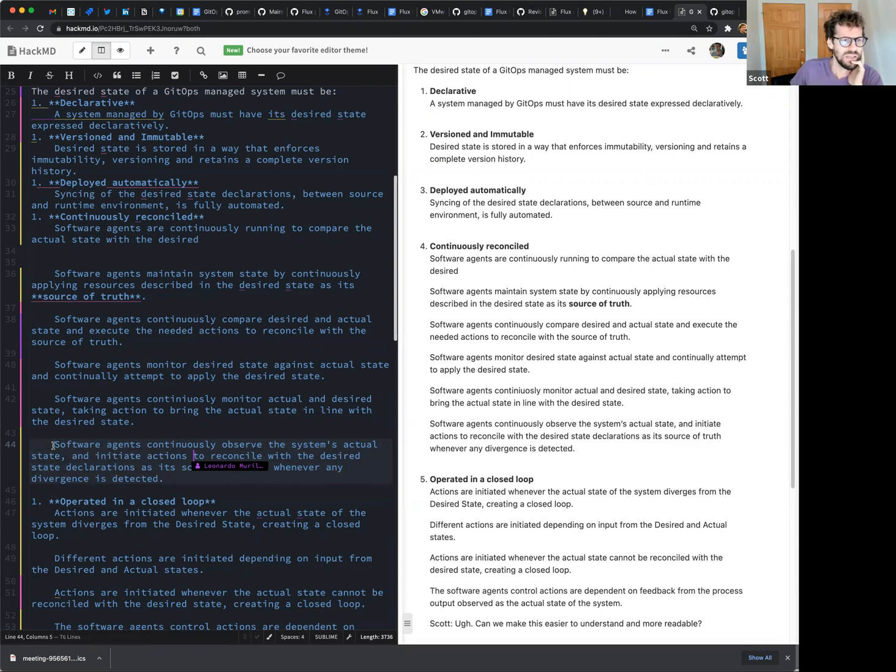And the point of what we want to say with the continually reconciled, I think it may be, now that we've discussed it more, because we're saying that that's happening, but the closed loop point will just make a separate point. It's still a point about how these are continuously reconciled, or how reconciliation happens. Like reconciliation is continuous here, and then the system is operated in a closed loop really just means that the system is looking for, like, it's not